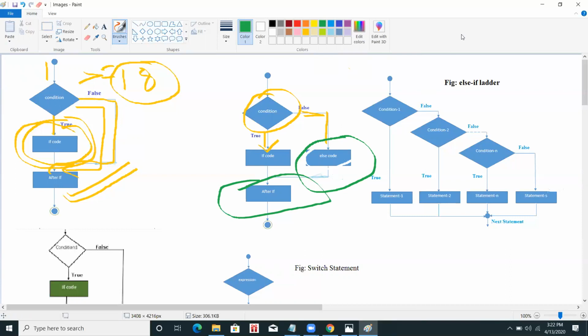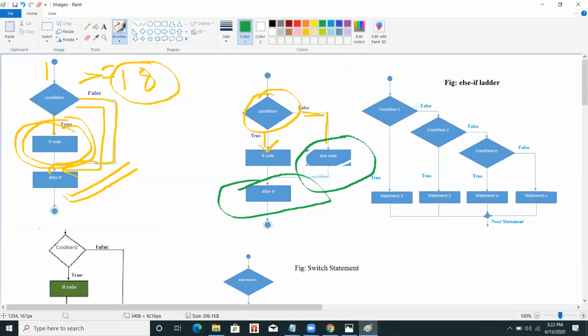Okay, if I talk about the else if ladder, what happens? It happens when we have given multiple conditions.